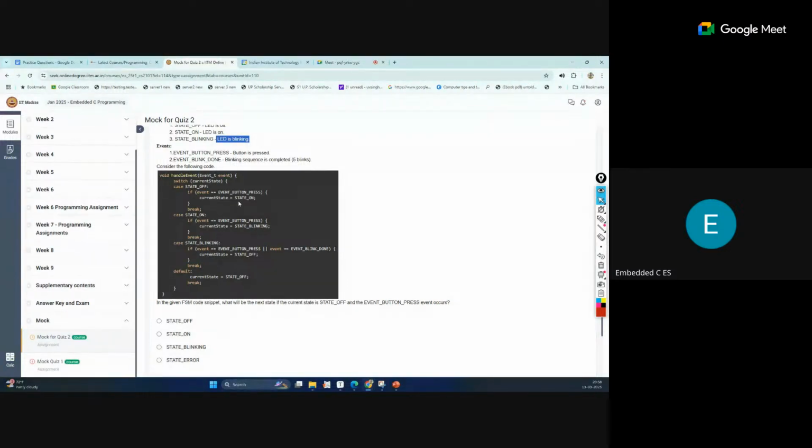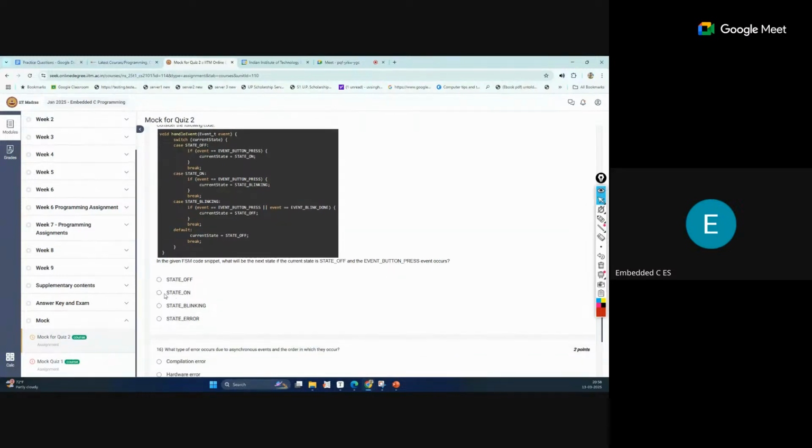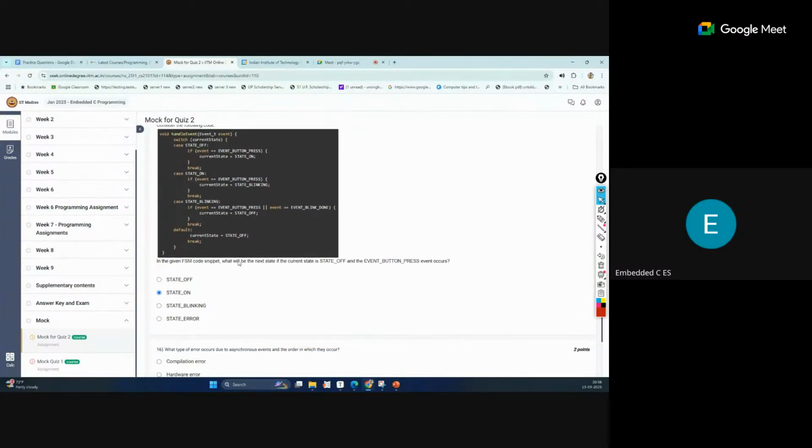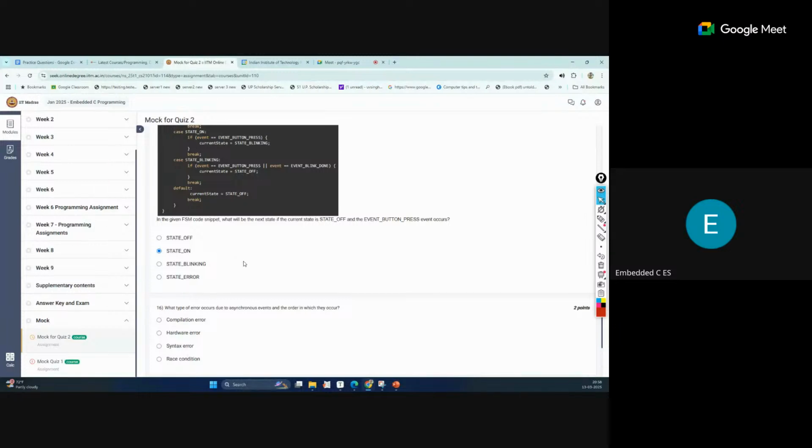The current state will become state on. So the first case is satisfied, and our task is done within the first case. The current state will become state on. These are the only steps, so state on will be the final state after this process. This is just a dry run on the code.